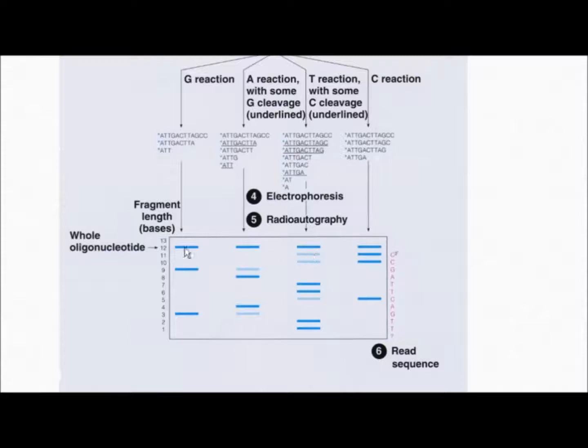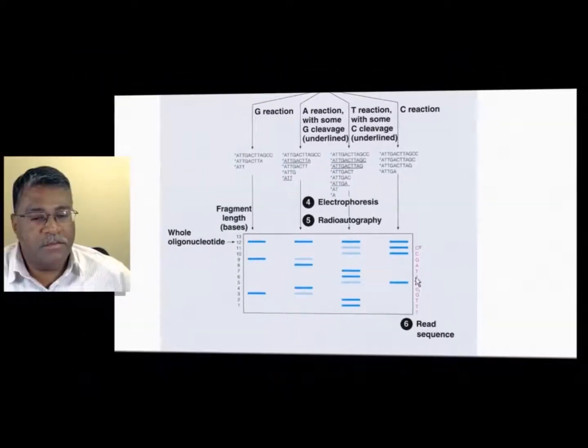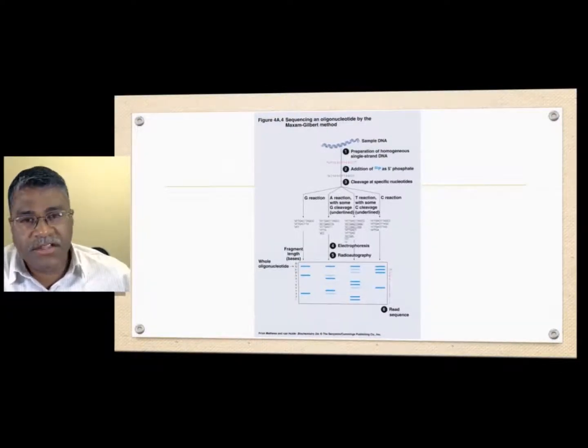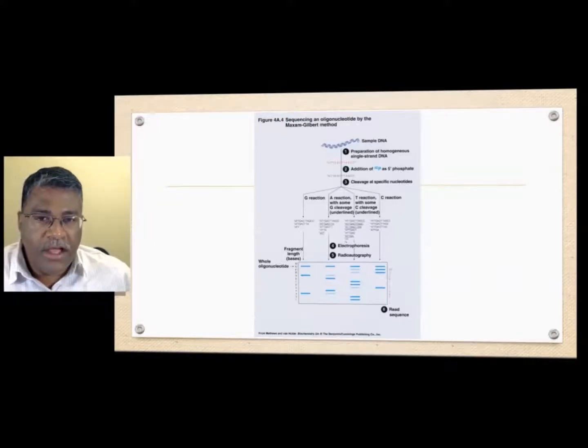So for example, if you develop this particular gel on a photo plate, the radioactivity is going to mark that plate, and that's when you're going to see these signals. And because we know exactly what the masses of some of these fragments are, fragment by fragment, you can then reassemble this as a kind of linear jigsaw puzzle. So that's the Maxam-Gilbert. Now the Maxam-Gilbert fell out of favor because the Sanger sequencing came along, and Sanger sequencing